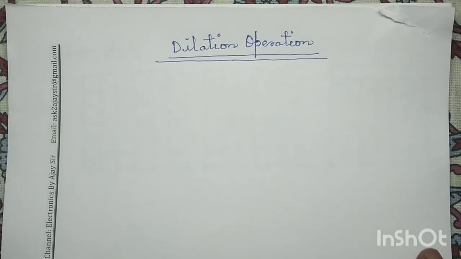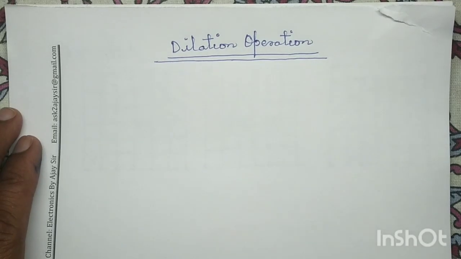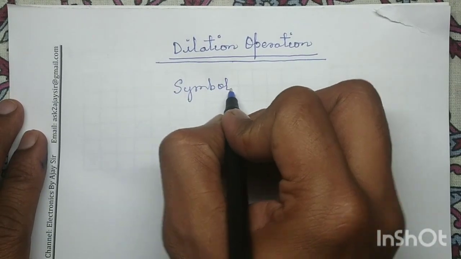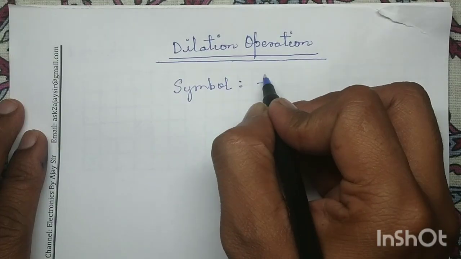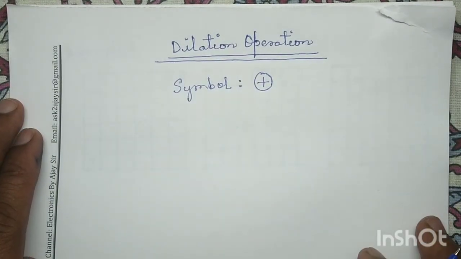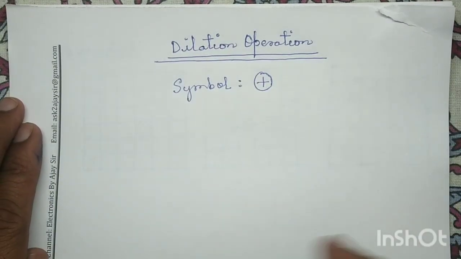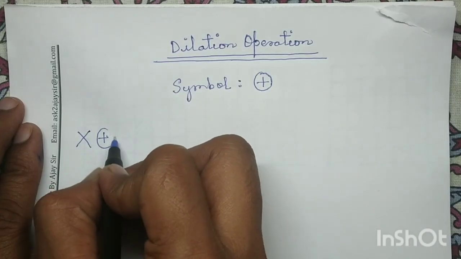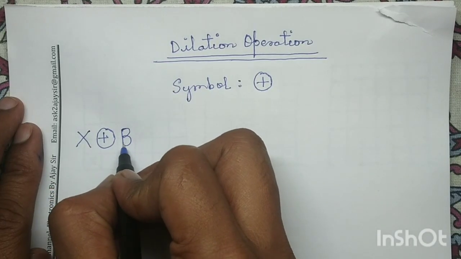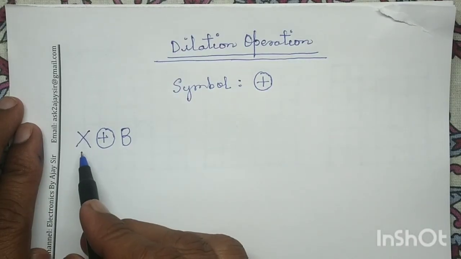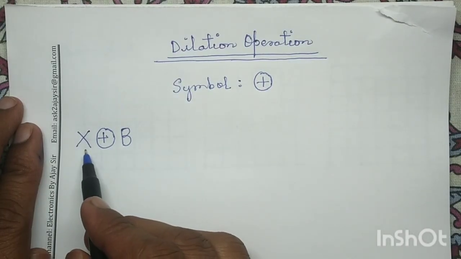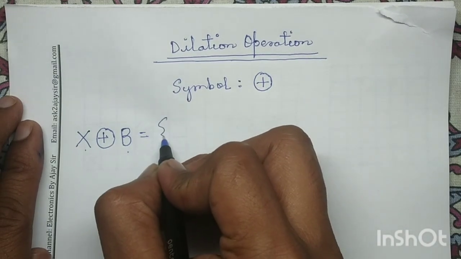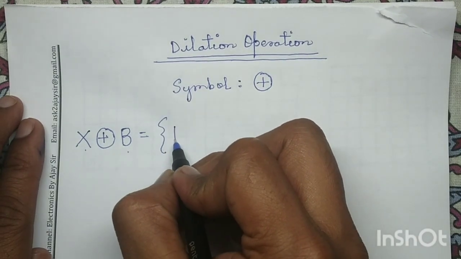Good morning all. Today we will discuss the dilation operation. The symbol of the dilation operation is represented like this. And the basic definition of the dilation operation between X and B: the dilation of the image X with the structuring element B represents all the points